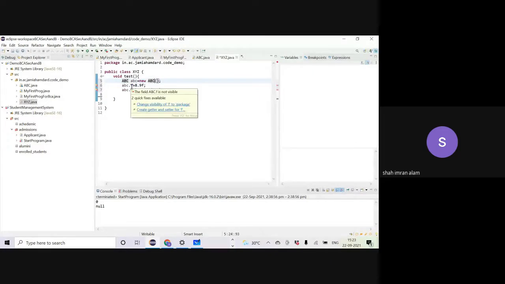It says the field abc.f is not visible. It's not denying that it's not there. It's there, but it's not visible here in this part of the code because the visibility was limited to the class definition scope. That is the definition, the body of the class. If you write code there and try to access these variables from there, change these variables from there, it is possible to do so from the ABC class itself, not from any other class like XYZ. Okay? Exactly the same concept as it was in your C++. Okay?